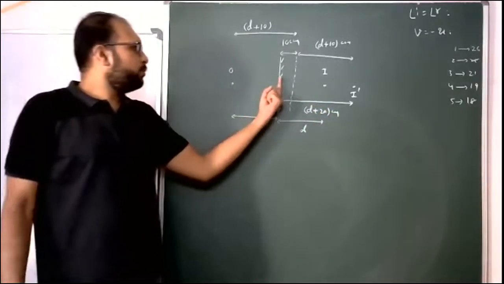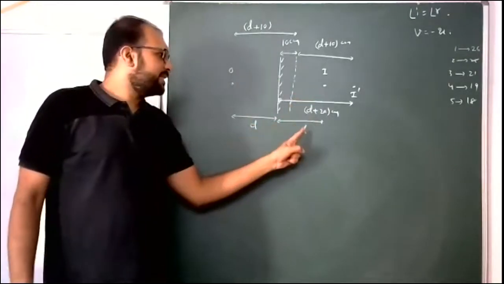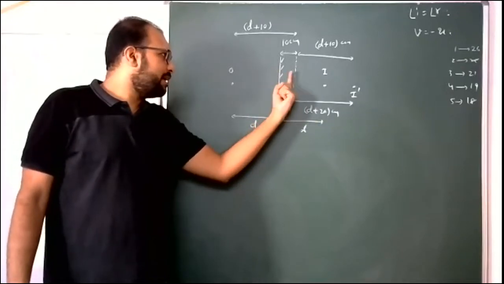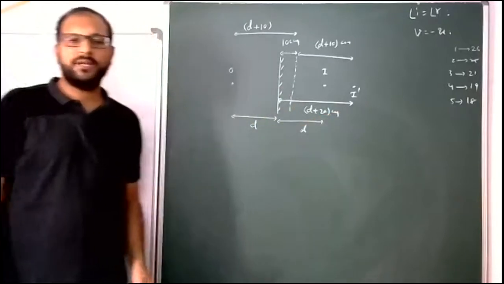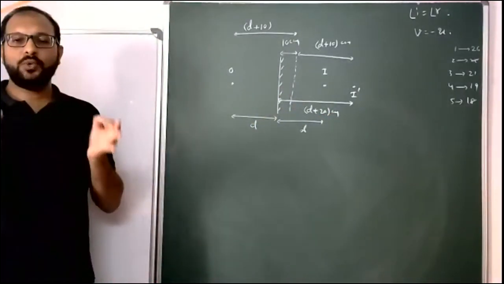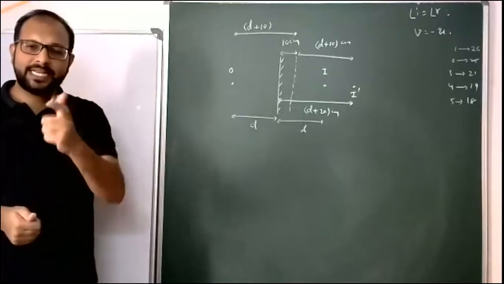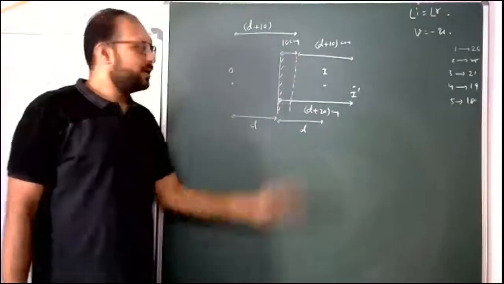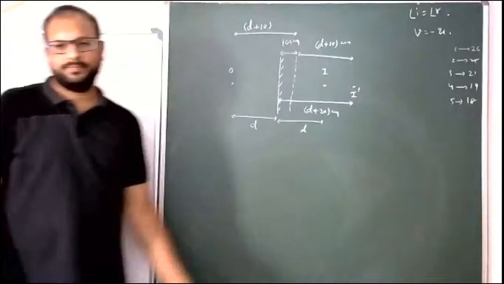Yes, students, from the original location of the mirror, at first the image was at just distance d. But right now, due to movement of the mirror, from this original location the distance is d plus 20. Means how much distance traveled? 20 centimeters is the right answer. That 20 centimeters is also in the direction of movement of the mirror. Mirror moves to the right side, image also moves to the right side.